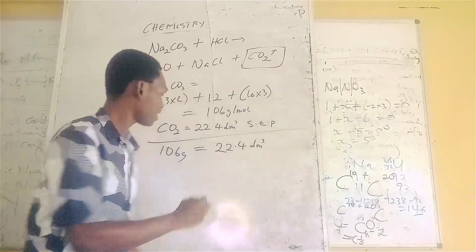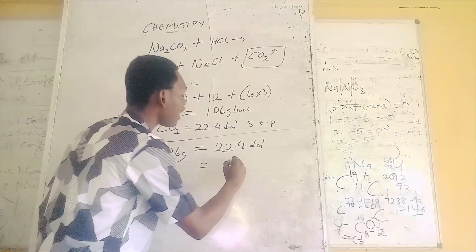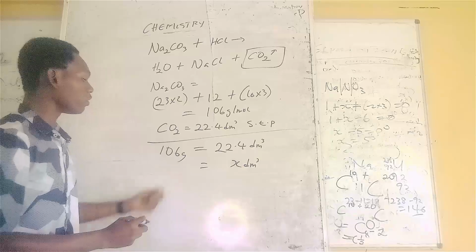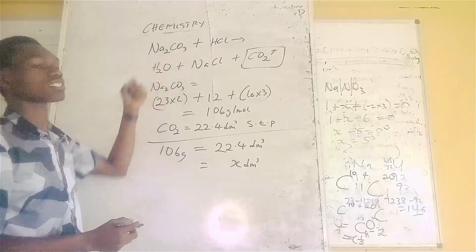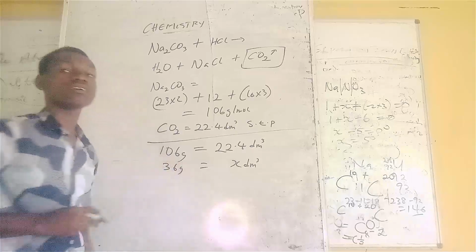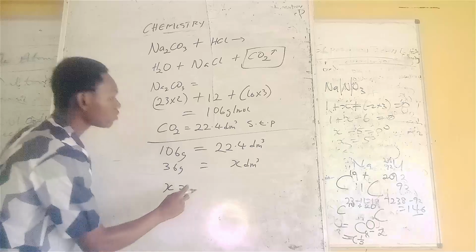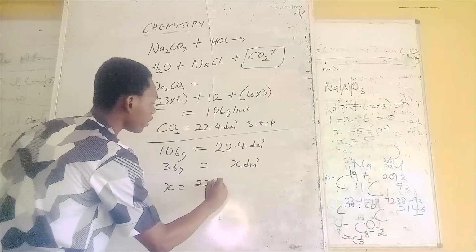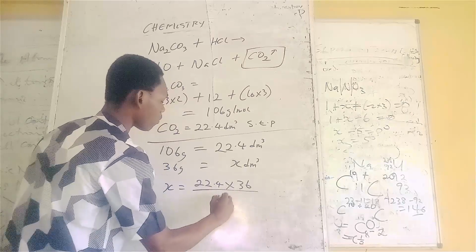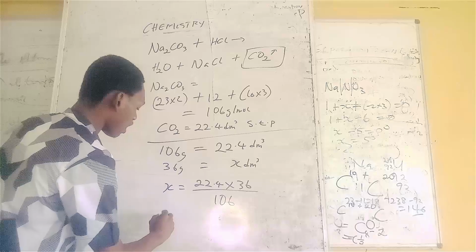Now we are asked, how many, or we can say X, how much volume in dm³ will be produced when the mass of the sodium carbonate is now 36 grams? Very easy. You cross multiply. Our X will be equal to 22.4 times 36 all over 106. So if we simplify that, our X is